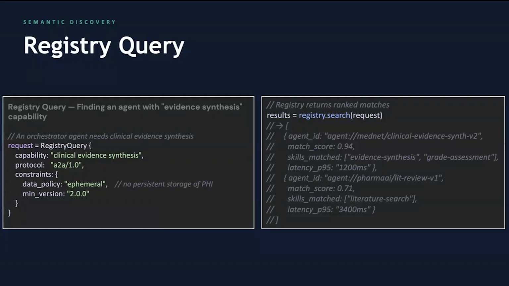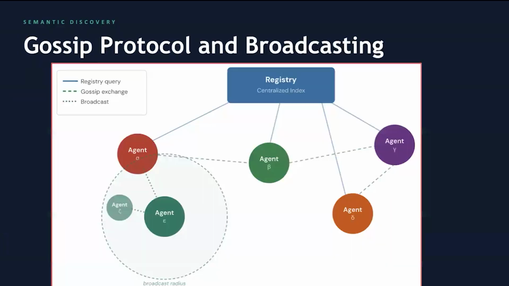On the left there, you see the registry query. You say, what capability do you need? Clinical evidence synthesis. I want them to speak this protocol, and here are some constraints. And then on the right, after you perform that registry search on the request, you might get a list of agents. Here's the agent ID, clinical evidence synthesis agent, the match score, the skills that seem relevant, and so forth. This is one way to search, but